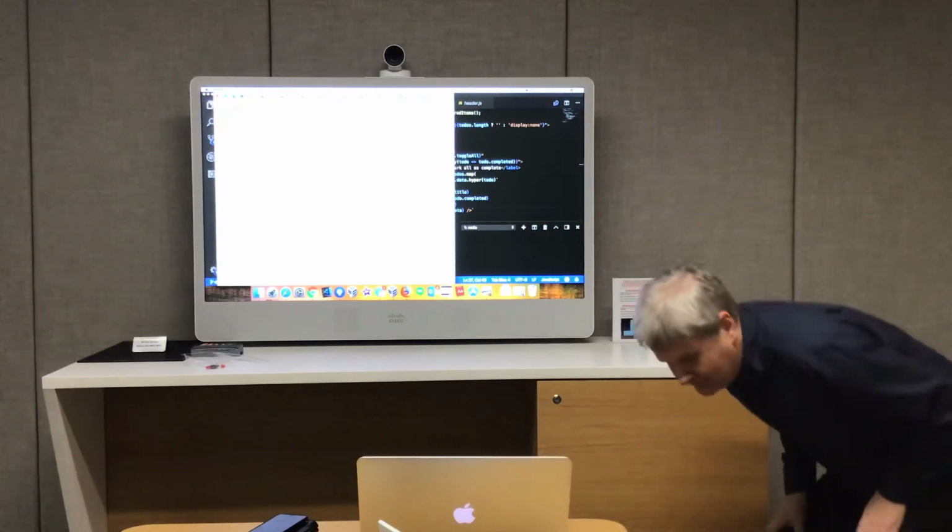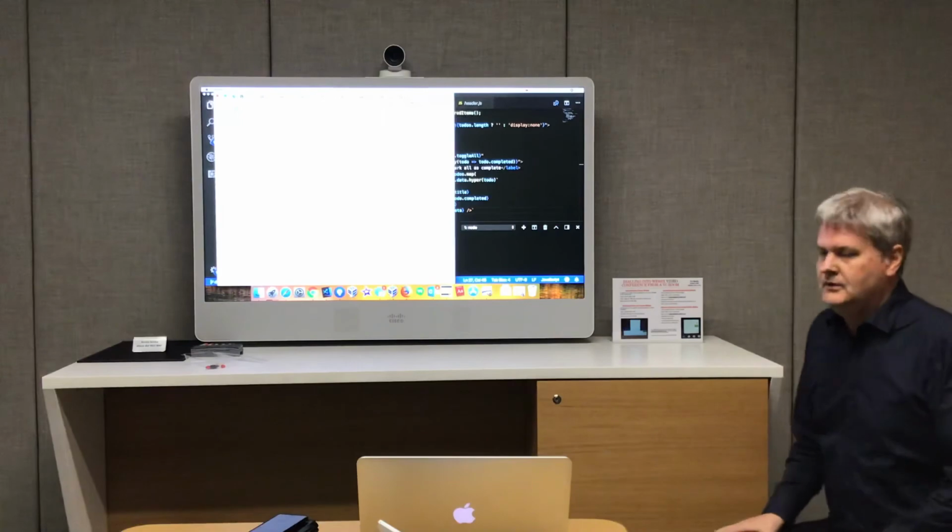Have you counted the whole size of this, how much JavaScript? Yeah, it's